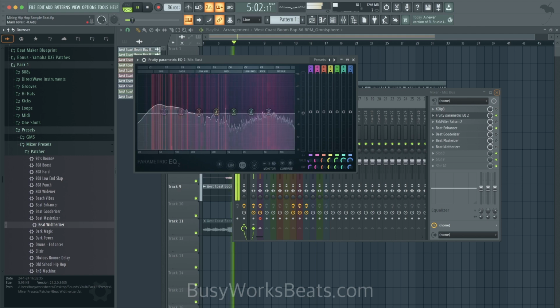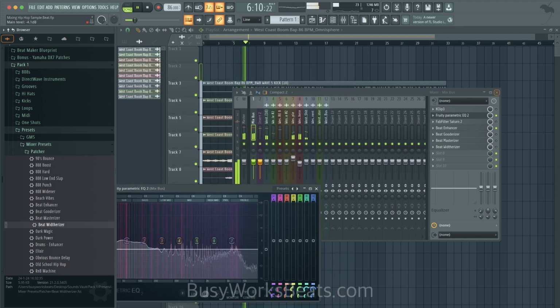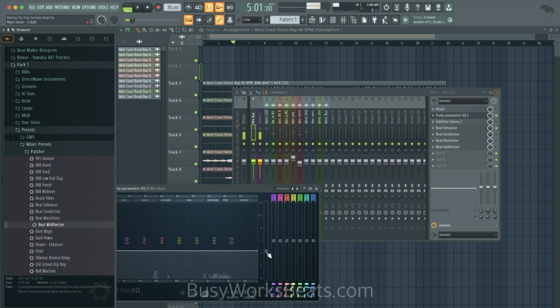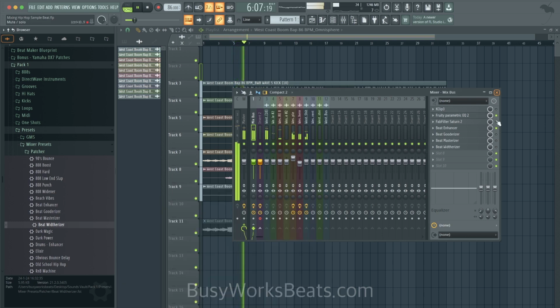Go to the left side, let's pull down your level, so we're not clipping. It doesn't really matter because we're gonna run into a soft clipper and a limiter anyway. So here's before. Here's after. That's just the beat enhancer, just adds an extra little touch for your beat.